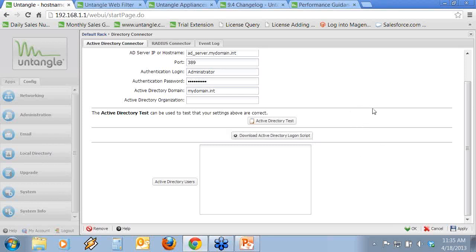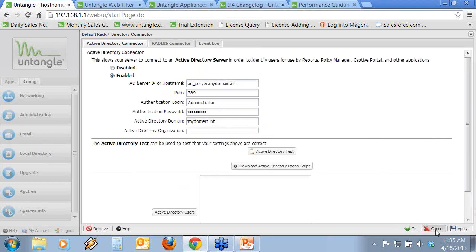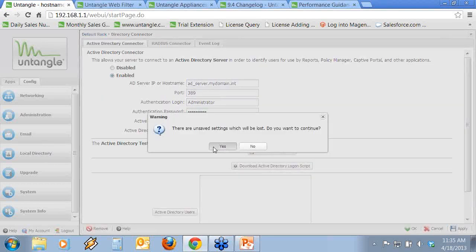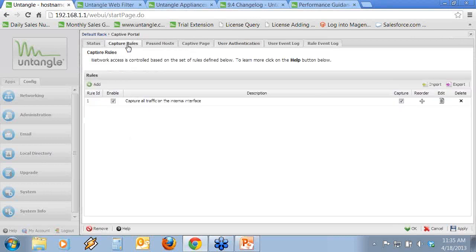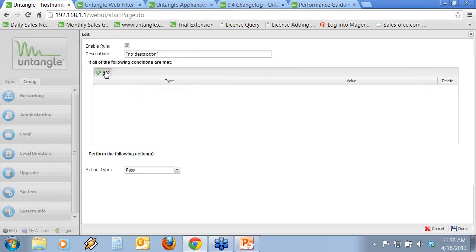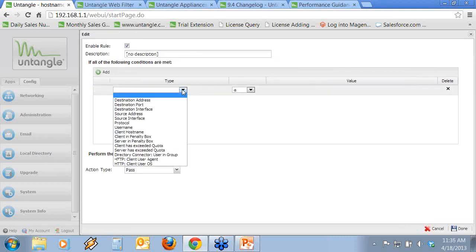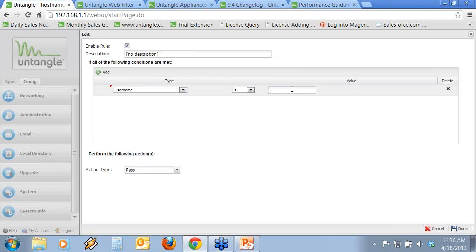So there's a lot of different options you have in order to be able to monitor and keep track of who's doing what and what machines they're using. And maybe you want to create a captive portal rule that's based on a capture rule that says, well, okay, if I don't know who they are, then I want to have them log into the captive portal. So I come here and I say, okay, if the username,